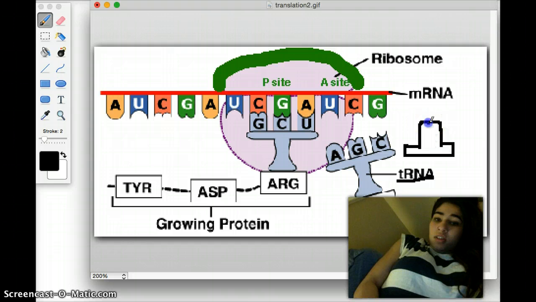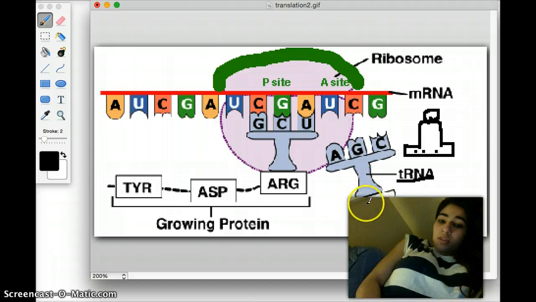And then here would be the protein, and then they'd have three unique nitrogen bases. So see here, it's the same thing. There's this protein here, whatever it is, and then three nitrogen bases, and it comes, and as you can see, this A is going to pair with the U, the G with the C, and the C with the G, and it's going to fit perfectly. And basically what happens is,